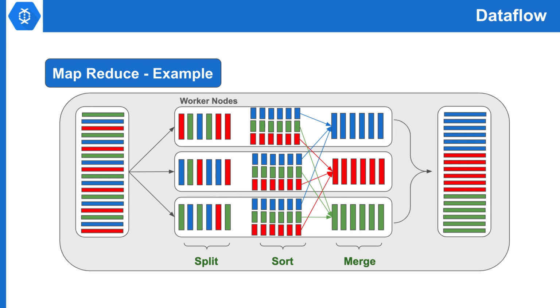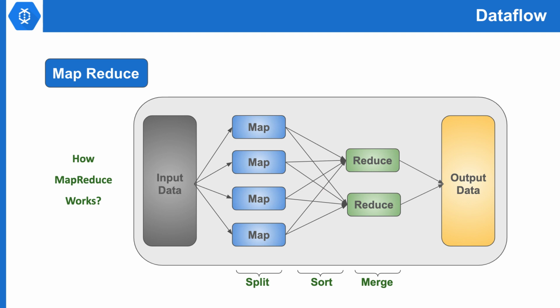The reduce processes the data that comes from the map and performs data shuffling, sorting, and aggregation. After processing data, it produces a new set of output. The MapReduce framework manages all the details of data processing, such as issuing tasks, verifying task completion, and copying data around the clusters between the nodes.